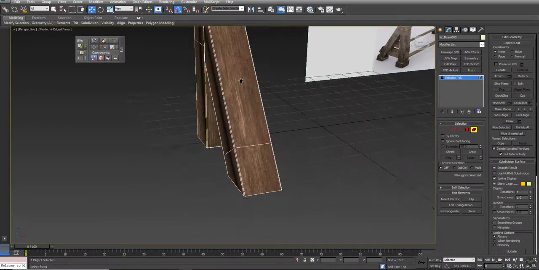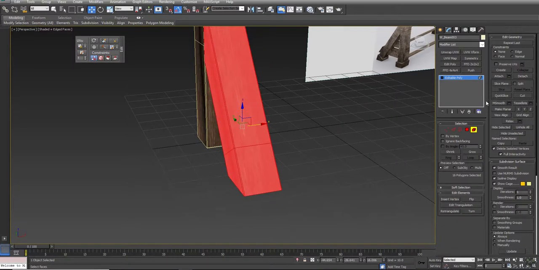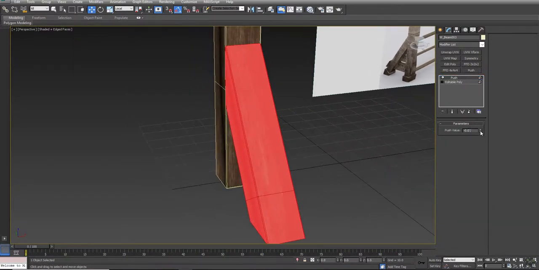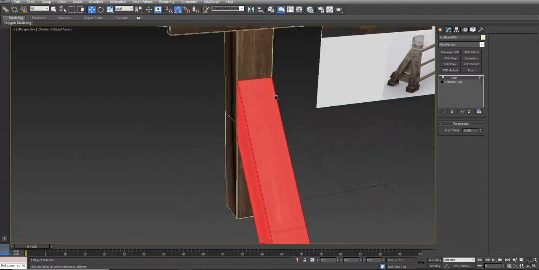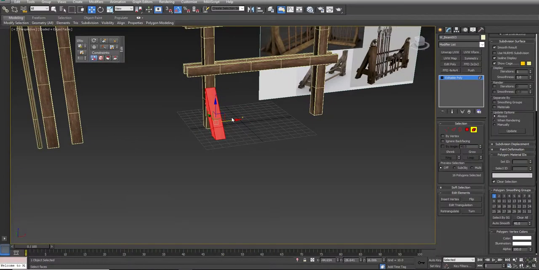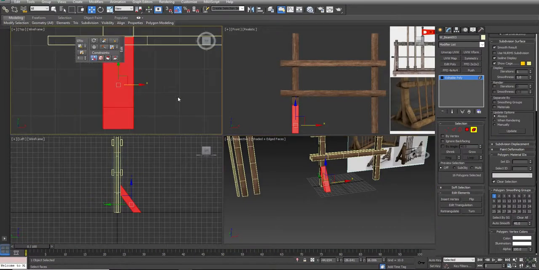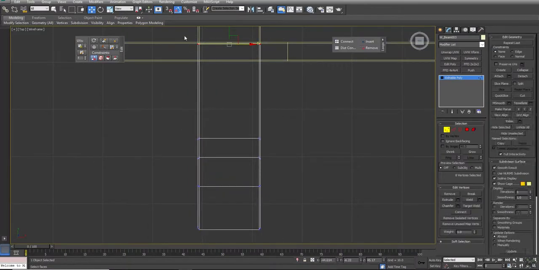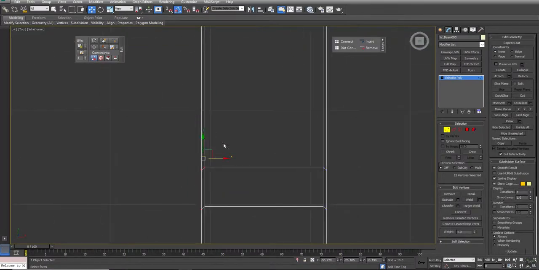So maybe we'll just take this whole beam and do a slight push on it. Push takes geometry and moves it in by a numeric amount. You have to be careful how much you do it, because we did chamfer it. So maybe push isn't the right way to go. Maybe the right thing to do is select all the polys, but then from above, maybe we'll just grab these verts from the side,